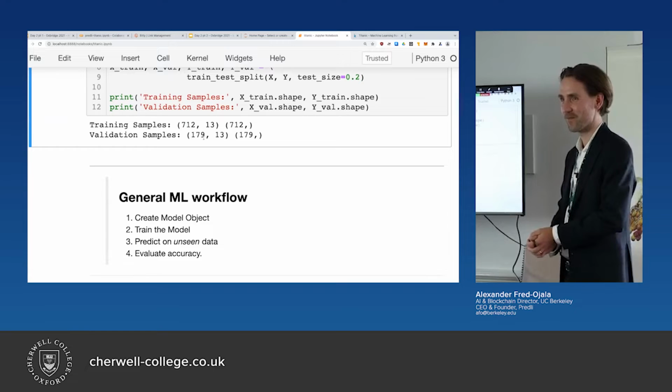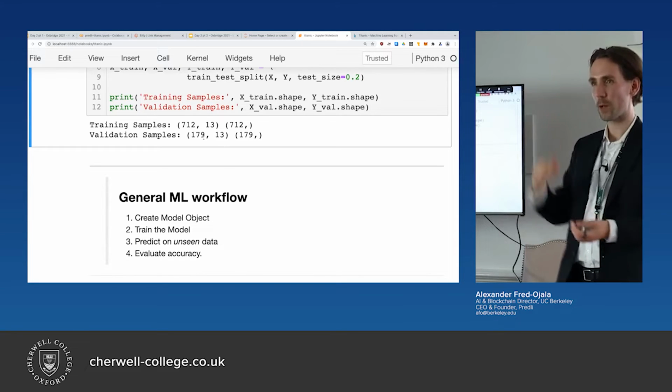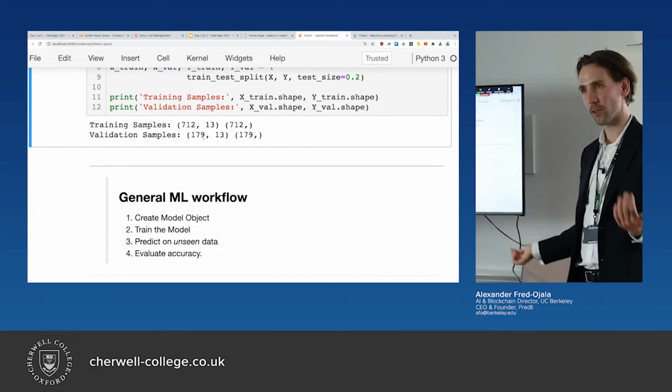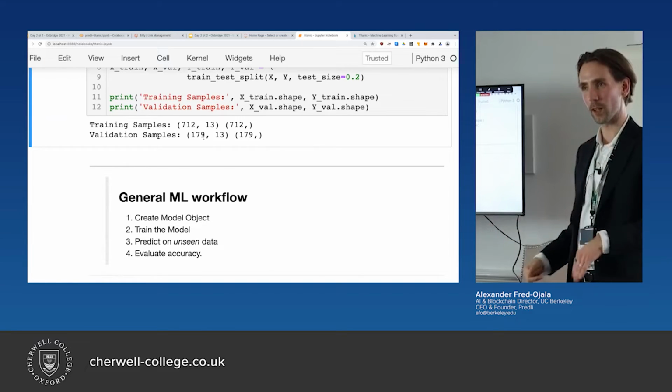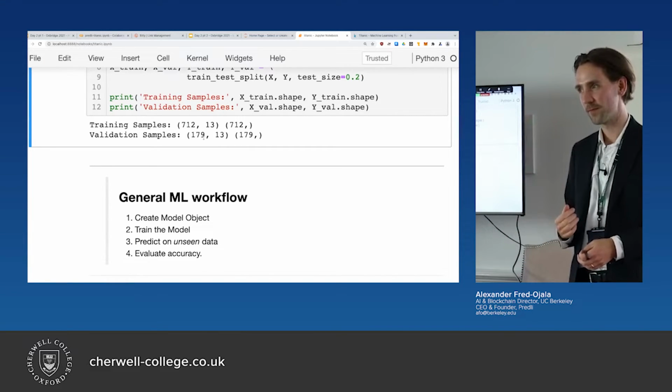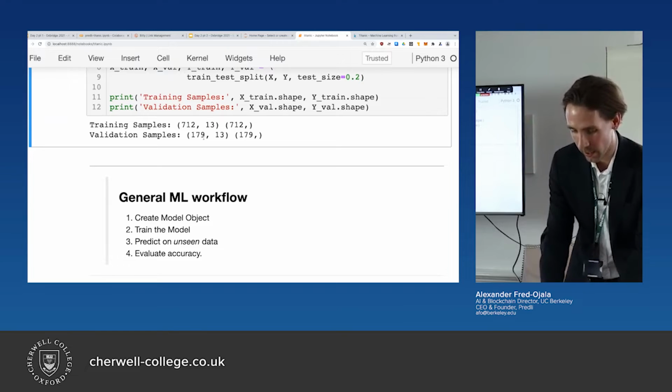61.6. So we need to be above 61.6. Otherwise, we're not seeing any patterns in the data. Then it's better to have a model that always guesses die. Now,